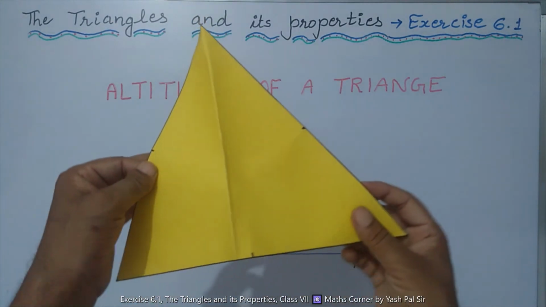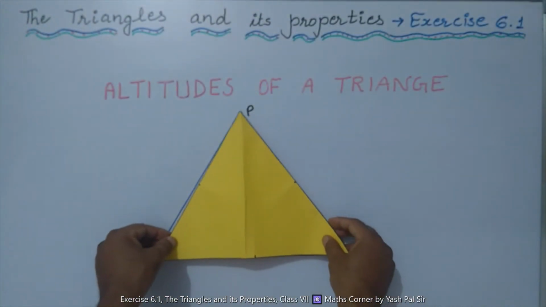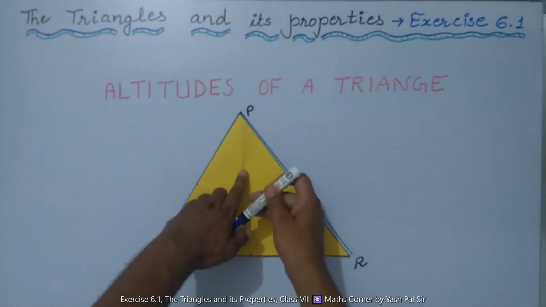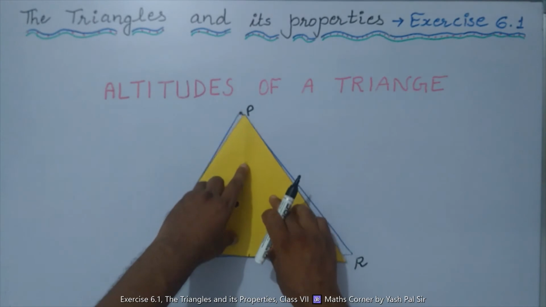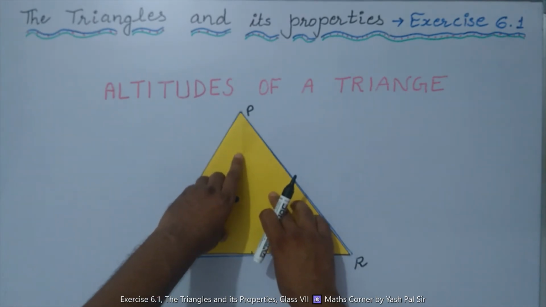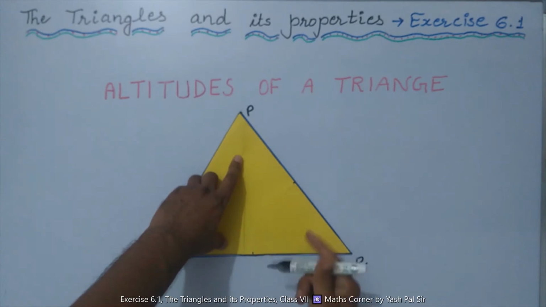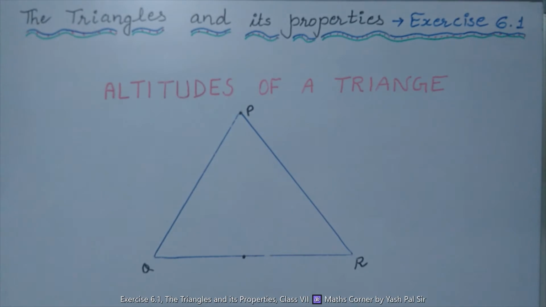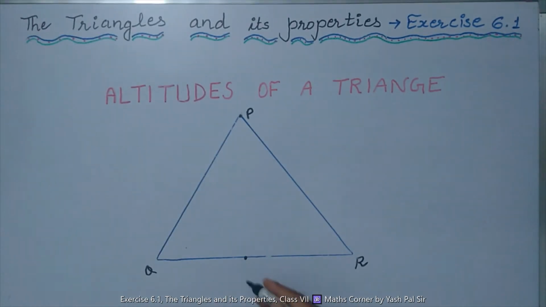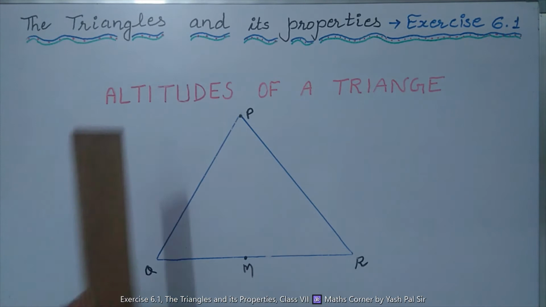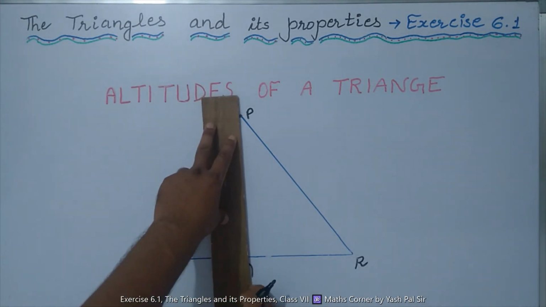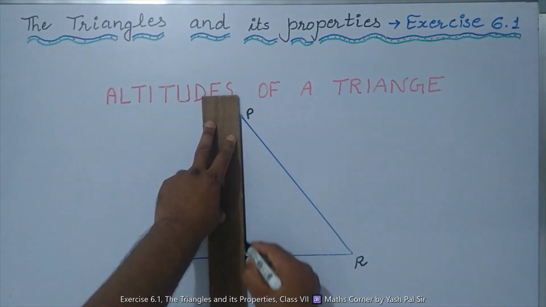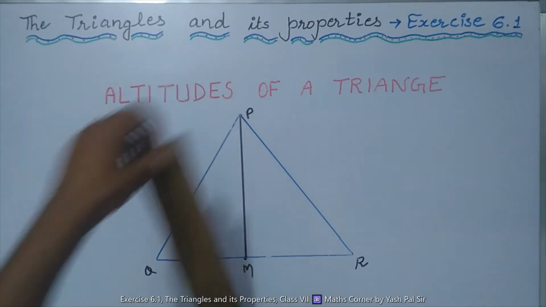Now this way what we see, we put here this mark. Now this mark represents the point from where we have to draw the 90-degree angle. This is the point from where we are going to draw the 90-degree angle. Suppose M is the name of this point. Now I join P and M, right. So P and M, they are joined.